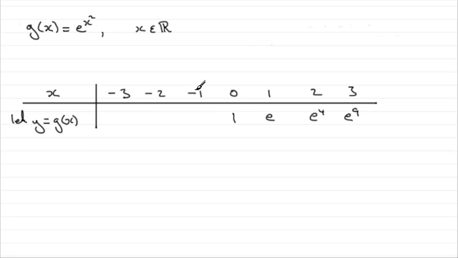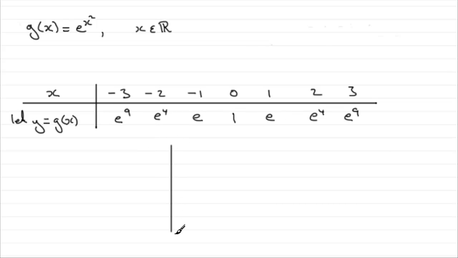Now, substitute -1 in. Let's see what happens. -1 when you square it is 1, so you get e to the power 1, or just simply e. Put in -2, square it, you get 4, e to the power 4. And similarly, for -3, you get e to the power 9. So can you see that we've got symmetry either side of x equals 0? We repeat all these y values, e to the 4, e to the 9, e to the 4, e to the 9. Now, knowing that e is 2.7 and so on,